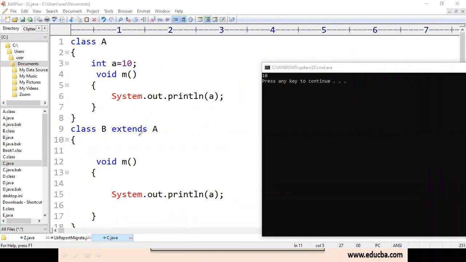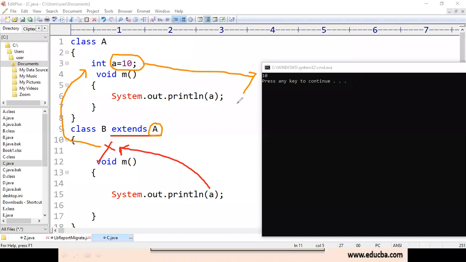We have given extends A, which means if there is no variable a here, then the compiler is going to search for the variable a inside class A. Now the control will shift to the instance variable part of class A. Inside it, there is a variable a whose value is 10. That's why it has printed the value 10.